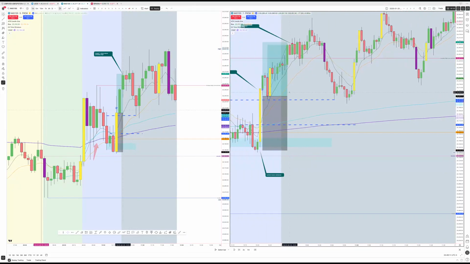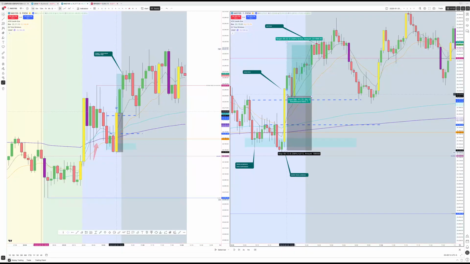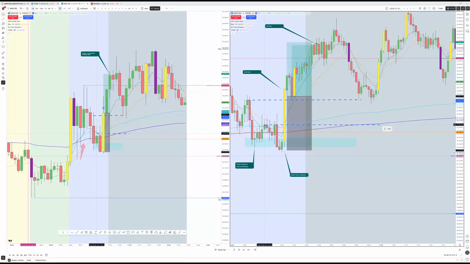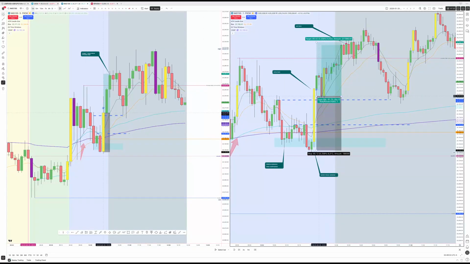So the only refinement I would look at is maybe the patience to say, when it's super aggressive like that and it takes out the rotation zone that we're dealing with, because this is where the rotation happened, right? If we see the market take out the rotation zone and the zone before, even higher than that rotation zone, then perhaps we could look at the possibility of saying, okay, I don't want that, but at least give me this. You know what I mean? That's what I would look at moving forward. So if the rotation zone is completely taken out, then we look at the next price zone. We say, okay, well, let's gauge this. So we'll update it and move on from this.